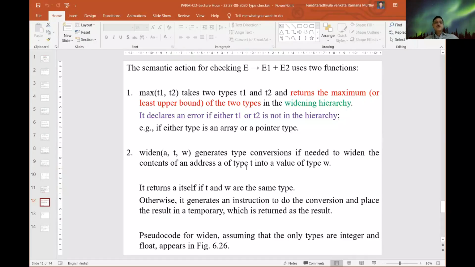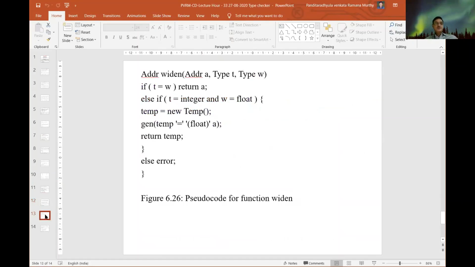Otherwise, it has to give the largest data type. It generates an instruction to do the conversion and places the result in a temporary variable, as I showed you in the three address code, which is returned as an address. So here is the pseudocode for widening, assuming that only integer and float types appear in the previously shown figure.